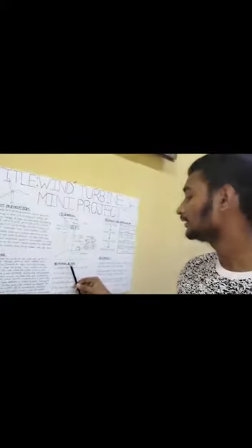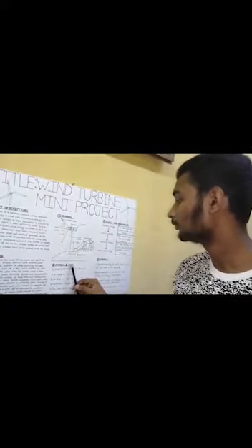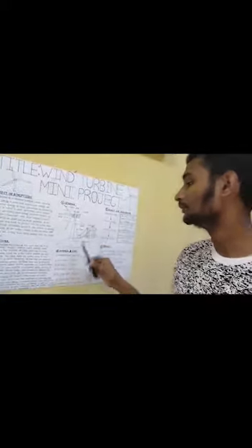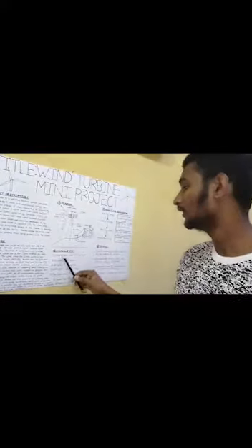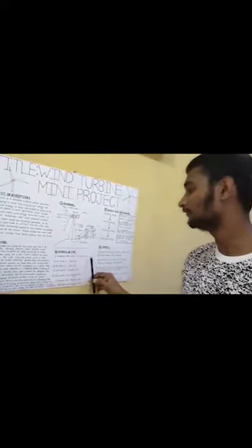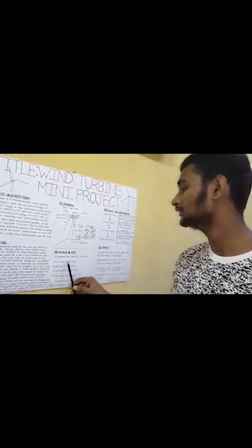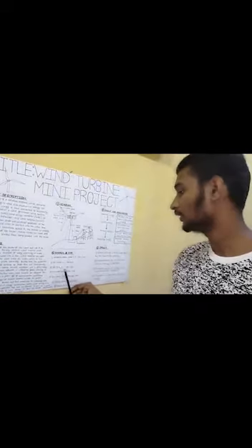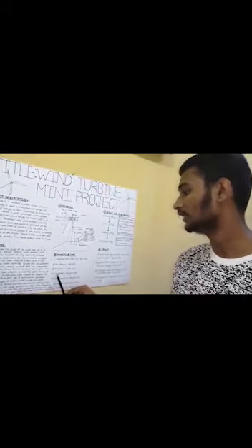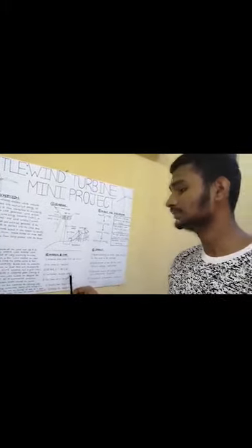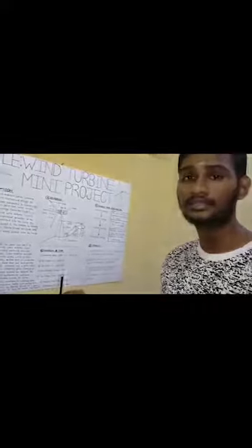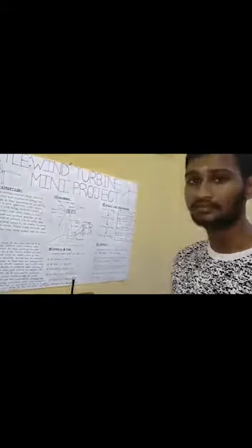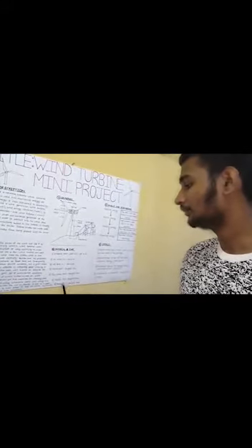And fourthly, material and cost. We use many materials and it becomes costly to do our mini project. Firstly is wrapping paper wood 5 ringgit and DC motor 6 ringgit, and we buy an LED bulb for 1 ringgit 20 cents. The cardboard is a recycled item, ice cream sticks are recycled items, manila card is recycled, and the plastic tin is a recycled item used for our mini project.